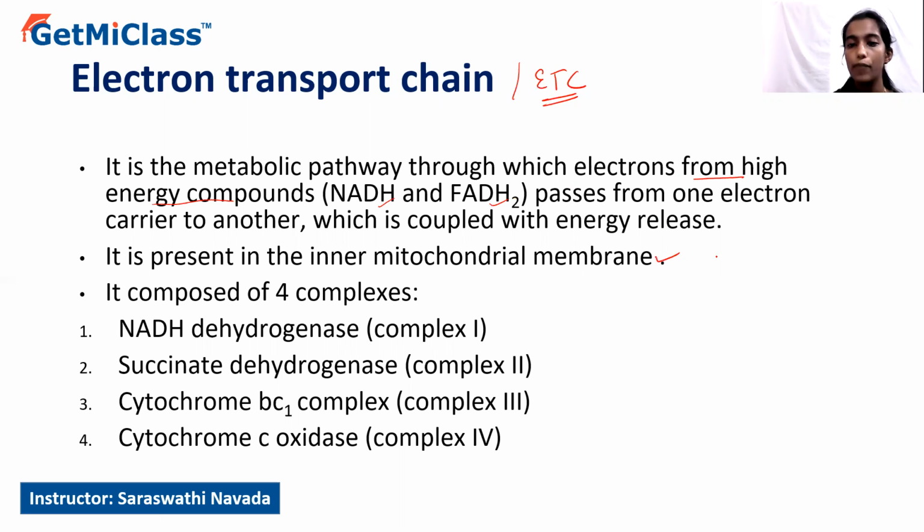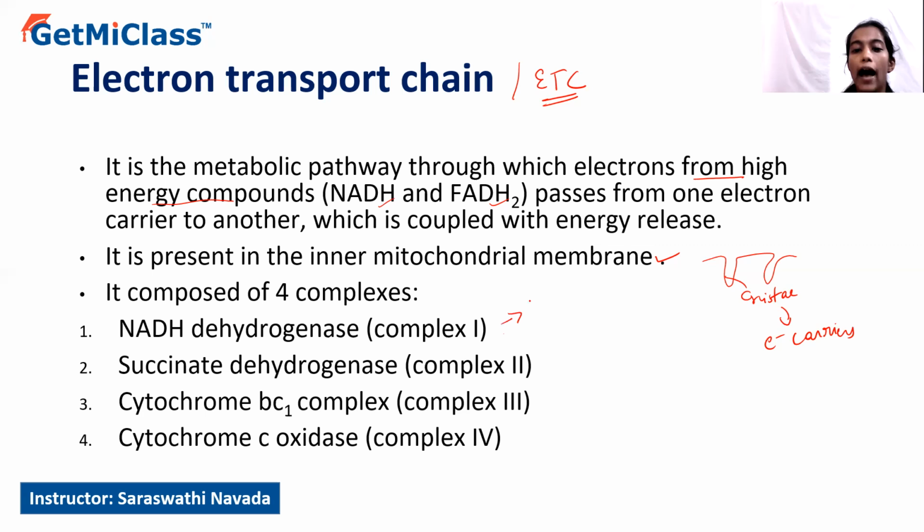In the inner mitochondrial membrane, there are certain infoldings called cristae. And these cristae have certain electron carriers, which catalyze this particular mechanism. The inner mitochondrial membrane is mainly made up of 4 different electron carriers or complexes, such as NADH dehydrogenase, which is also called complex 1,